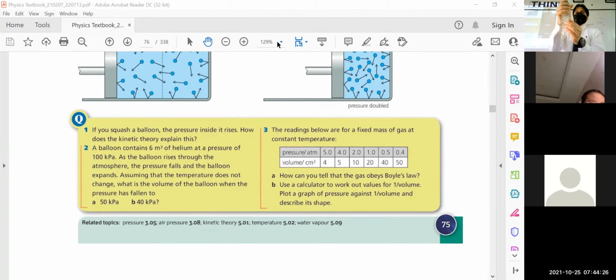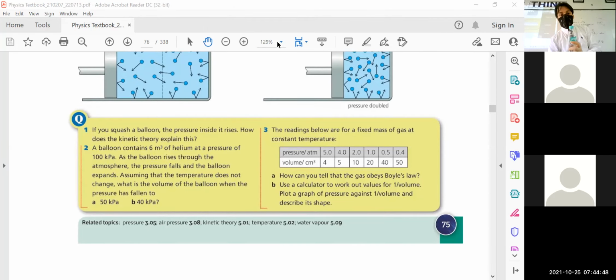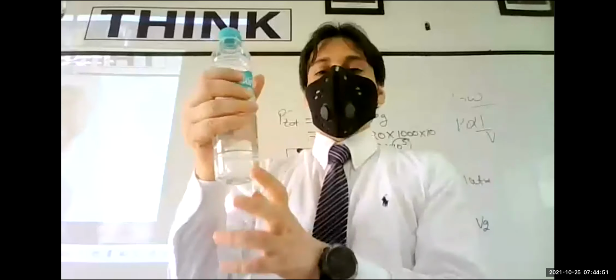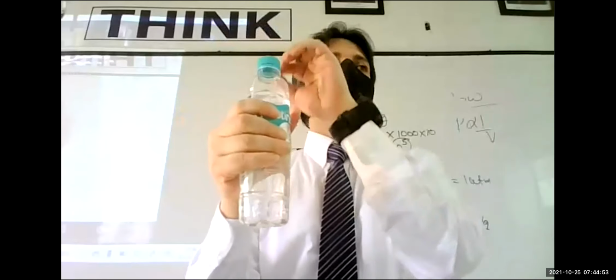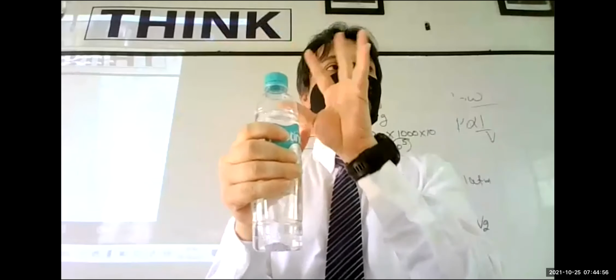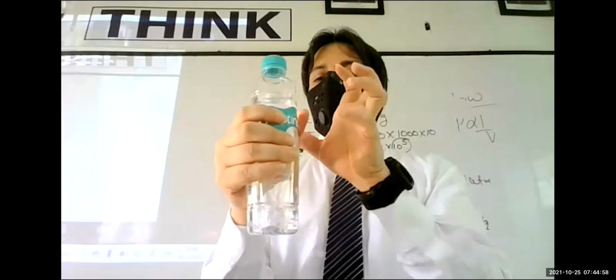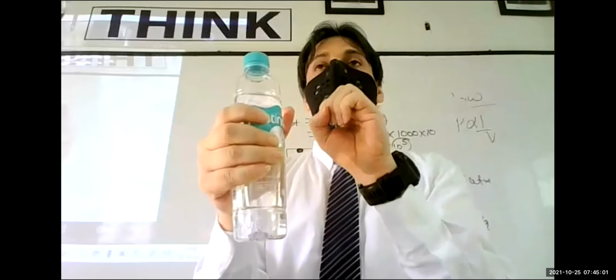If I squish, what happens? First the dimension will change because I am exerting a force on it. And due to this pressure, in squishing, I know the pressure rises. This pressure is increasing. And if I squish this bottle in such a way, if I increase more and more pressure, then what will happen? The lid will open, the bottle can be damaged, the liquid can come out if the pressure is so much increased.